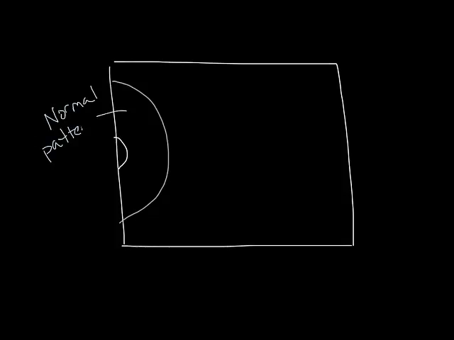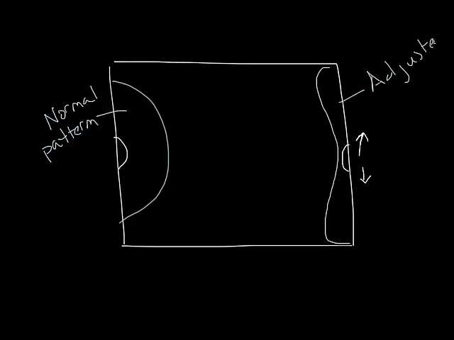So let's draw a room real quick with a diffuser in it. And let's say our clear zone looks something like this. So it has a half round airflow pattern normally. Let's put a diffuser on the other side, but say we adjust the airflow patterns to point out left and right. Now your airflow pattern is going to look a little bit like this, where the air doesn't come out the center. And this is your adjusted pattern, which allows you to get a little closer to the front of the diffuser and use the space there. Okay, so that's an overview of